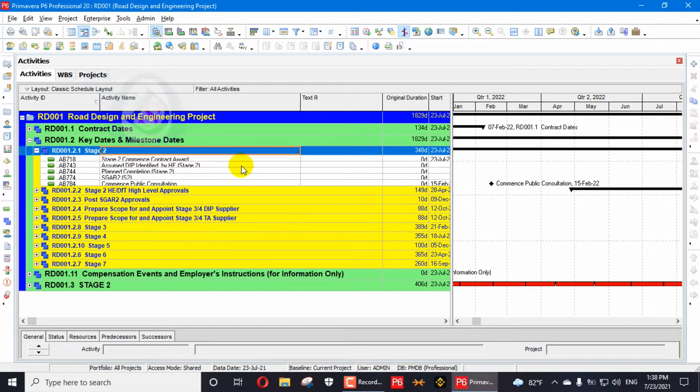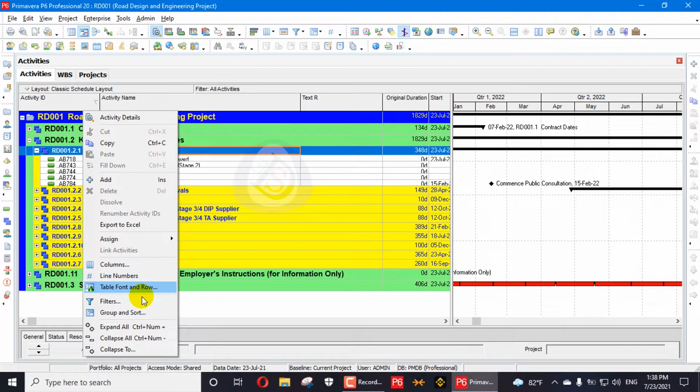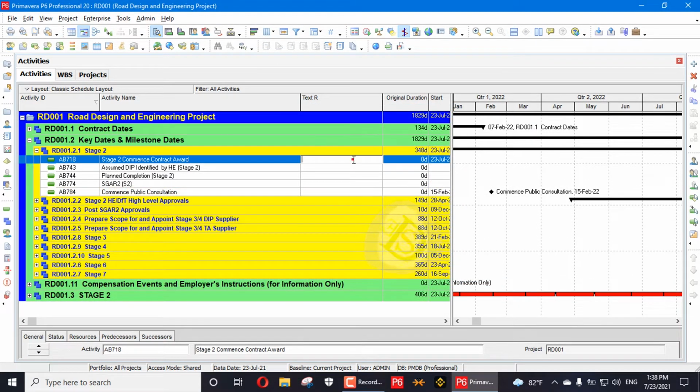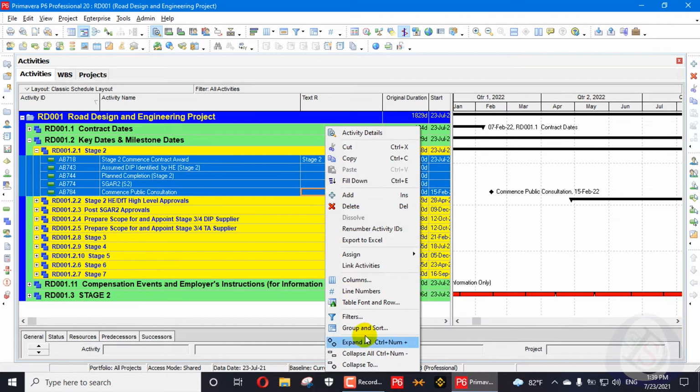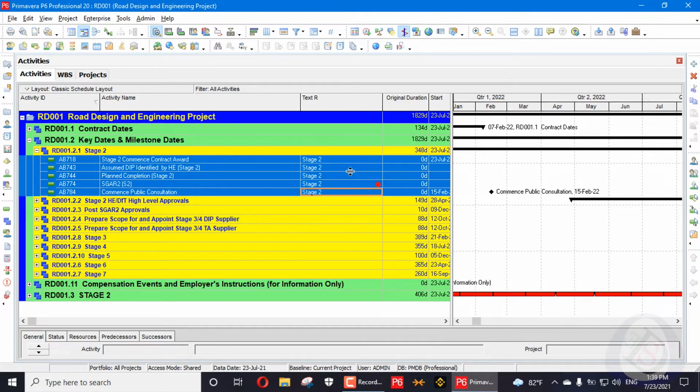So what we will do, we will see these activities. For example, here I put Stage 2. I will just drag it down and fill it down. So this is Stage 2, then this one is also Stage 2.